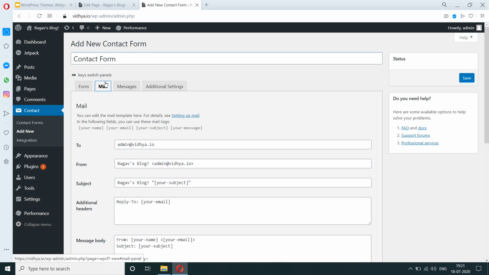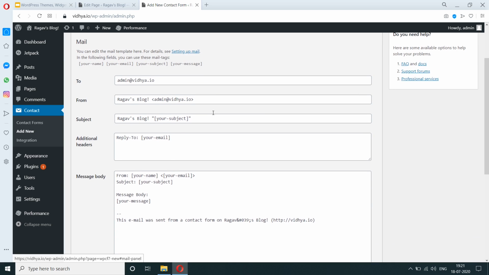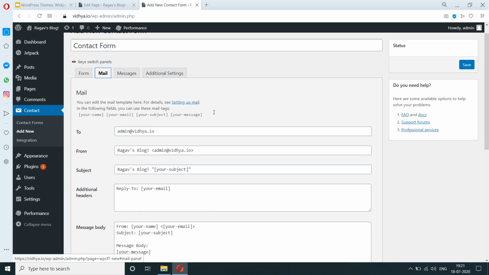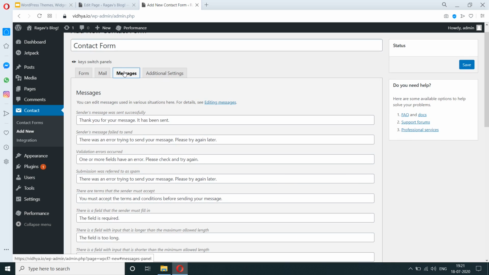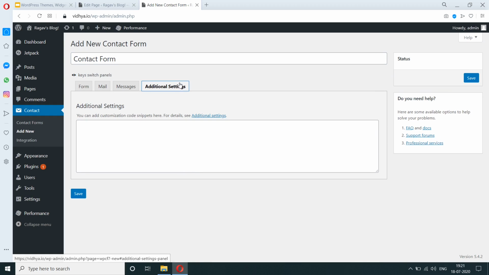And we also have these tabs here. So we can actually set up a mail system where whenever somebody sends a message here, it will reach our mail. Messages. These are like notifications. When somebody sends it successfully, it says thank you for your message, it has been sent. So like this, different notifications for different scenarios, and additional settings. So I'm going to save this,